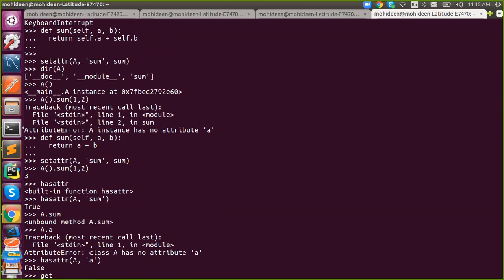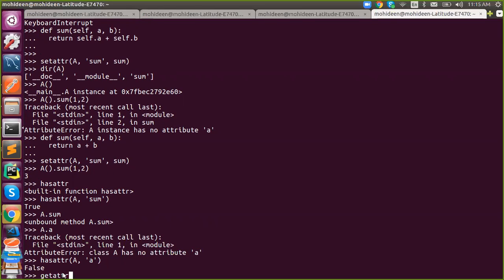So similarly, getattr. Why do we need a getattr? hasattr is for the if condition's sake: whether it is there, then do something, otherwise create one. For that, we can use hasattr, to check whether the given object is there in that class or not.